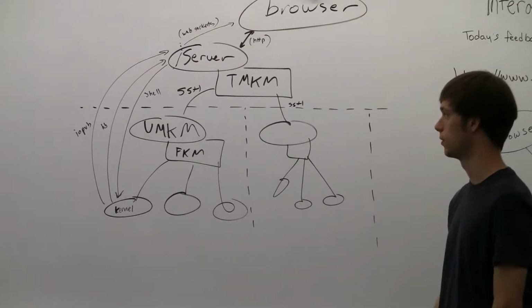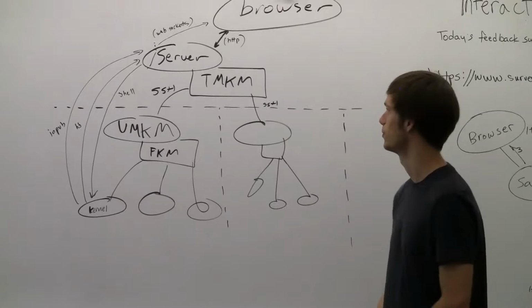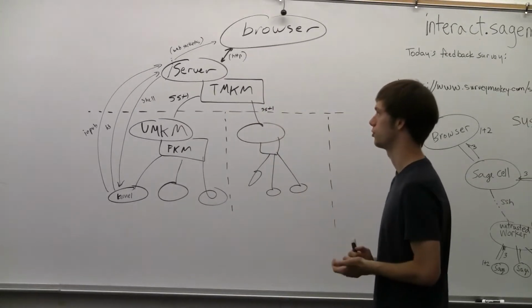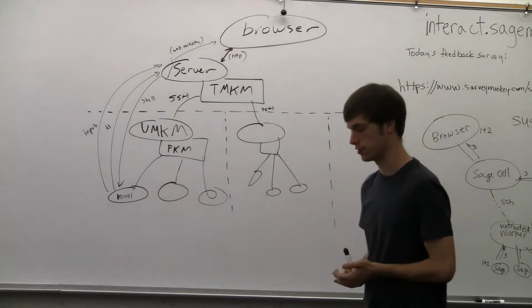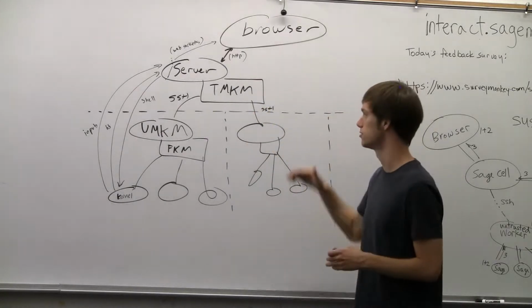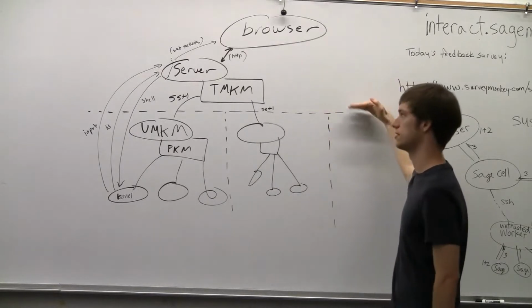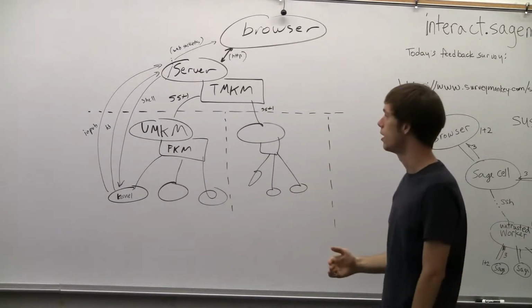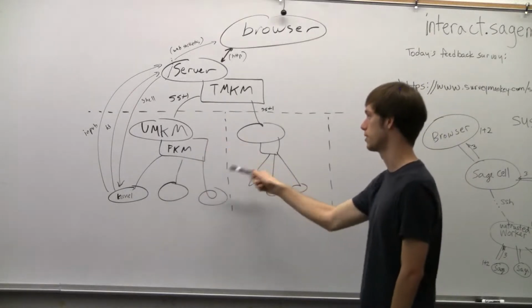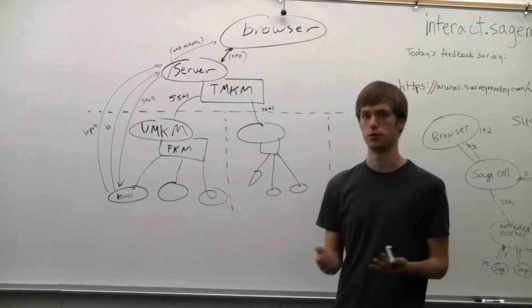Okay. So the newer architecture is designed to be faster, I suppose. So we have a similar browser and server connection. And as part of the server, there's the Trusted Multi-Kernel Manager. So we have the separation here, this dotted line is the trusted and untrusted side. And essentially, you can have as many of these untrusted multi-kernel managers as you want on different computers and different